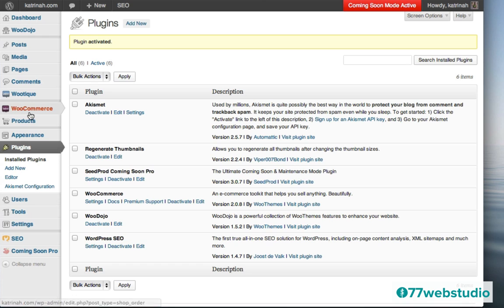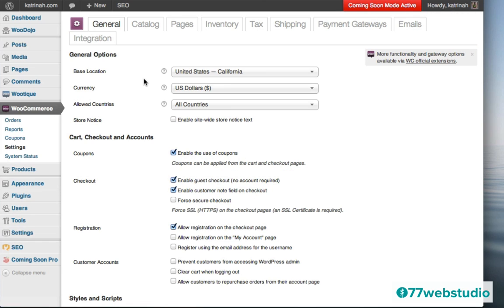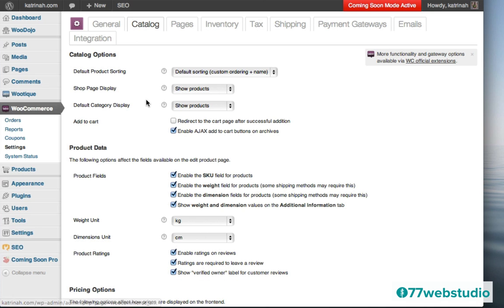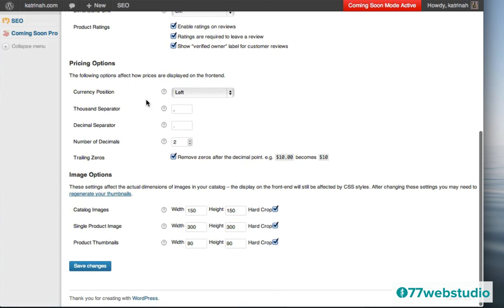Step 2 is we need to go to WooCommerce on the left-hand side here. So I'm going to hover over WooCommerce. Then I'm going to click on Settings. Here on the WooCommerce settings screen, we see that there's a number of different tabs with all kinds of different configurations available. The one we want now to help solve the problem of blurry images on the homepage featured product slider is the Catalog tab. So we need to click on Catalog right here. And now here on the Catalog option screen, we need to scroll down to the bottom, and here where it says Product Thumbnails, we want to change this from 90 to 550.